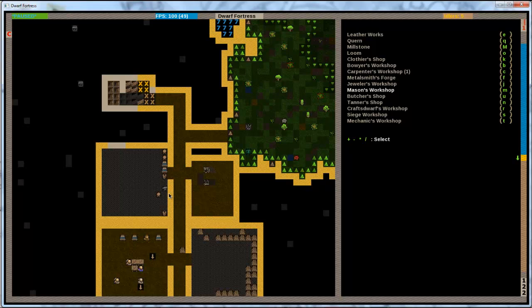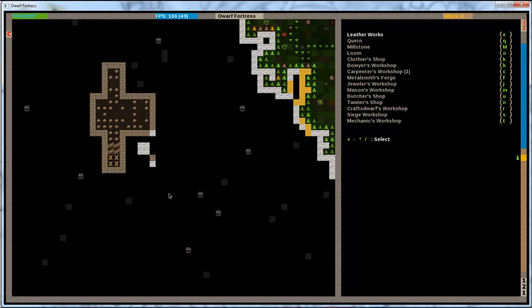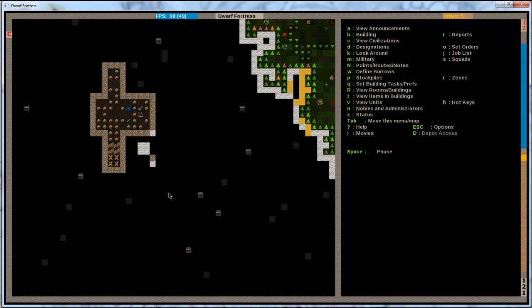So I'm going down one level in my super awesome fort and I'm going to the workshops. I press B for building, W for workshops, and I go down to the mechanics workshop, which is located here. It's the small T. I build it, and as long as I have this mechanics workshop and the carpenter on the above level, I'm good to go